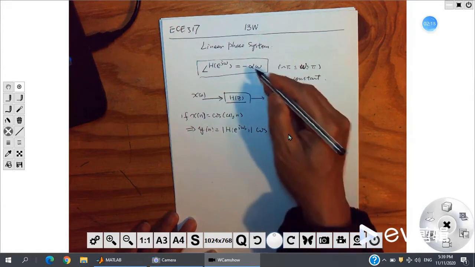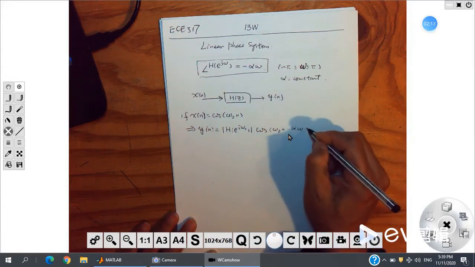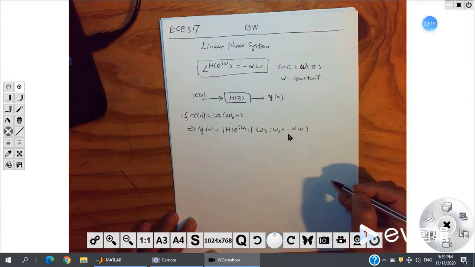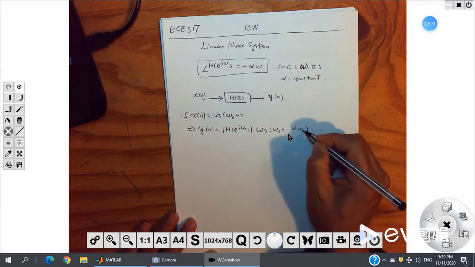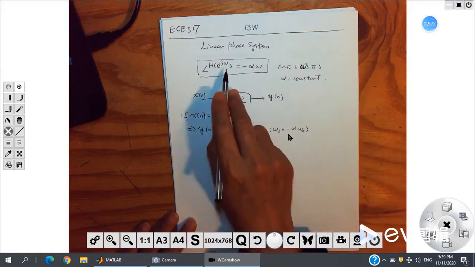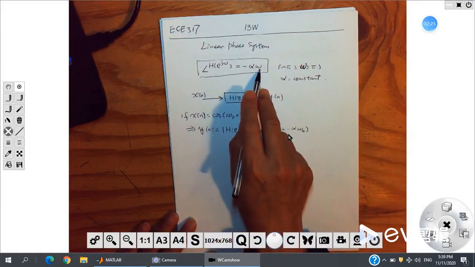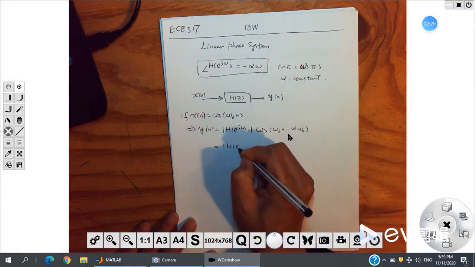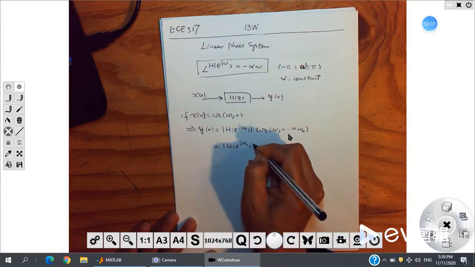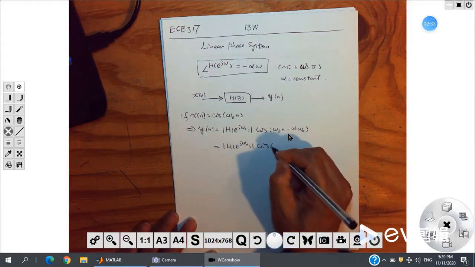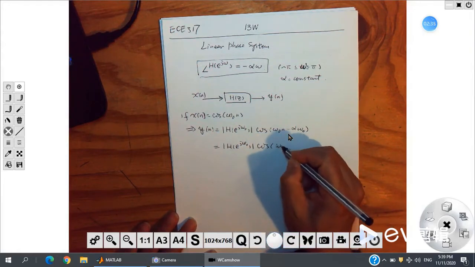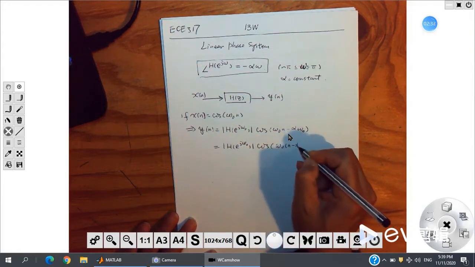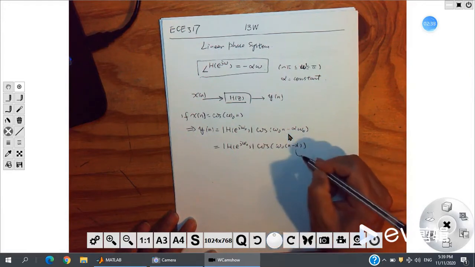But now the angle is negative alpha omega 0. So we can write it as the magnitude times cosine of omega 0 times n minus alpha. So this is kind of a shift